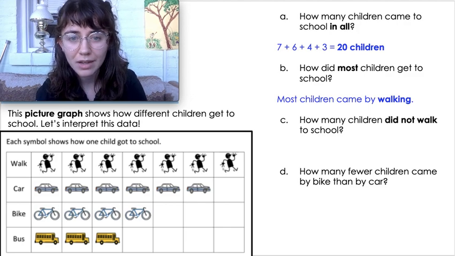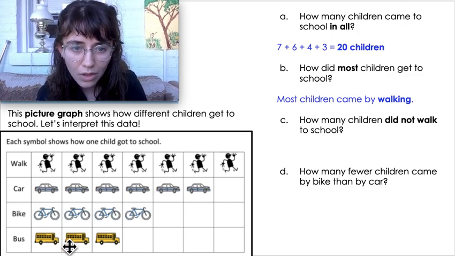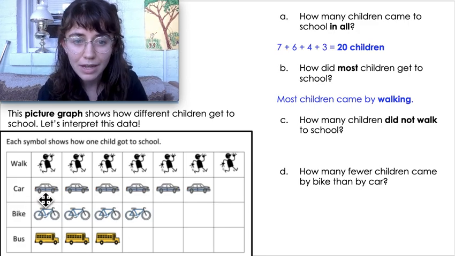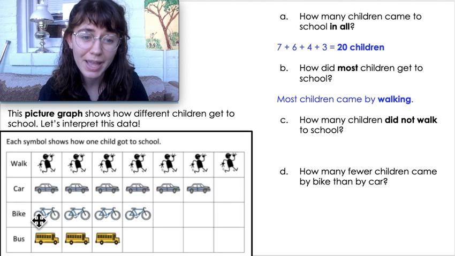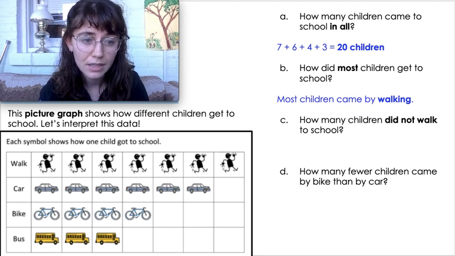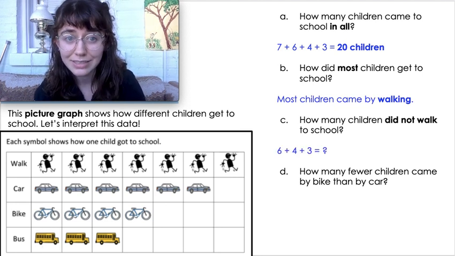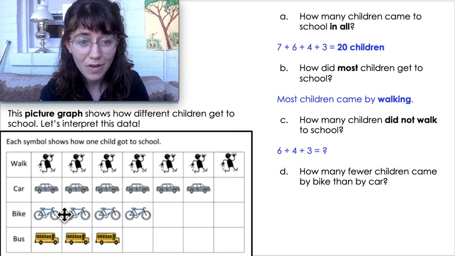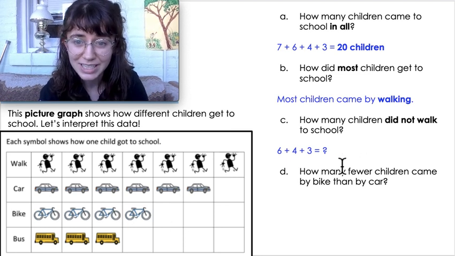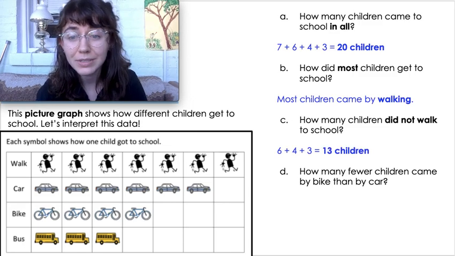Did not walk. So that's going to be all the other children that got to school different ways. So you're going to want to add together the cars, the bikes, and the buses. Your number sentence could look like 6 plus 4 plus 3. And you could just count all of these pictures or add these together, but you're going to get 13 children